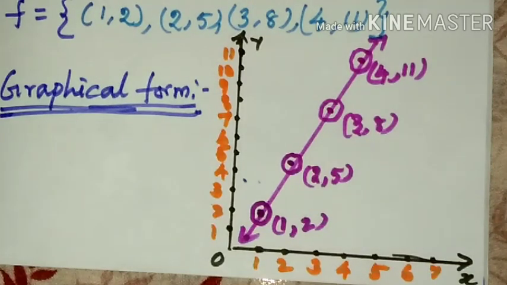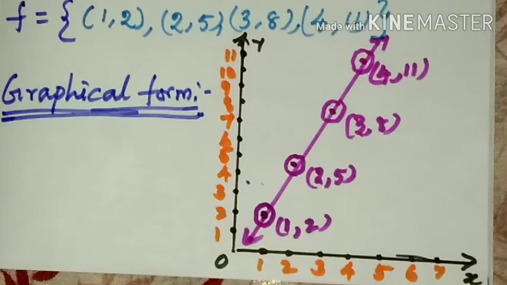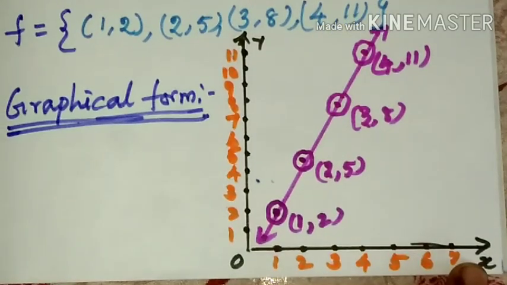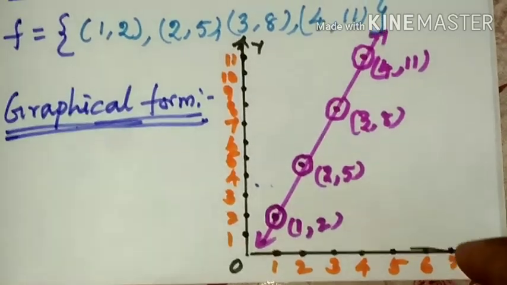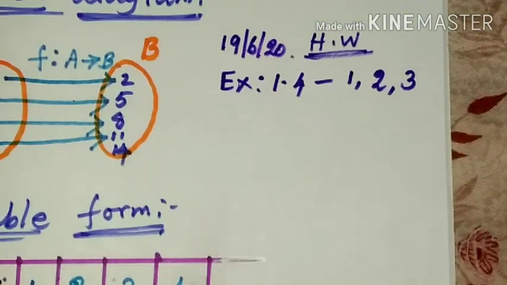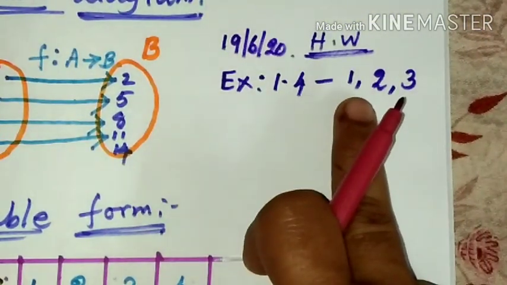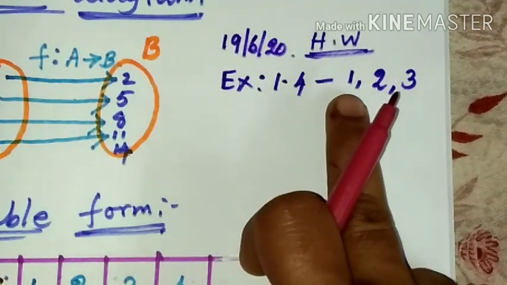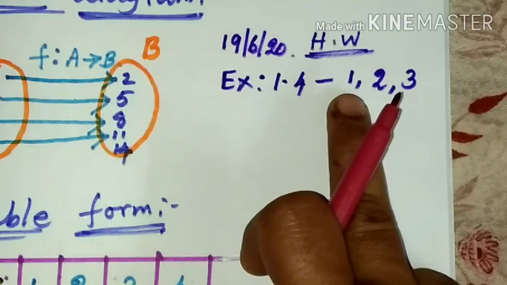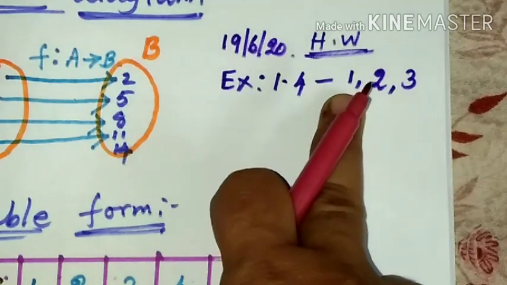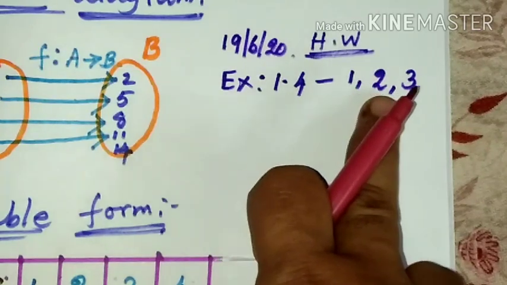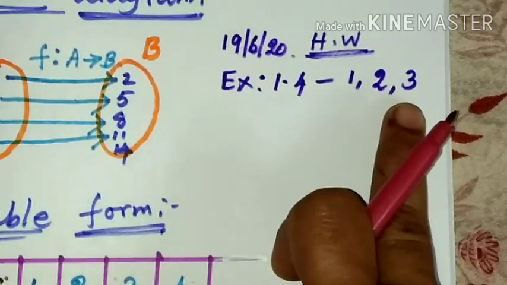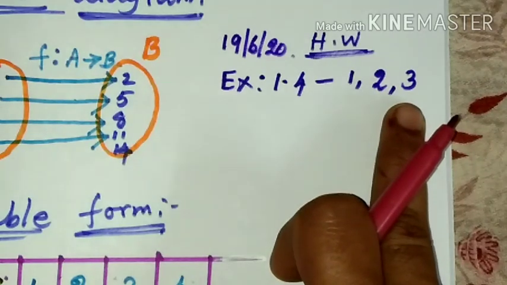Students, actually it is very easy with a little bit of practice. Okay students, this is one of the important 5 marks questions. So practice well and do the given homework. Exercise 1.4, first sum, second sum and third sum. Here the first sum is related to example 1.10 and the second and third sums are related to example 1.11.